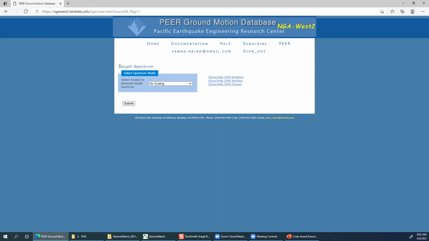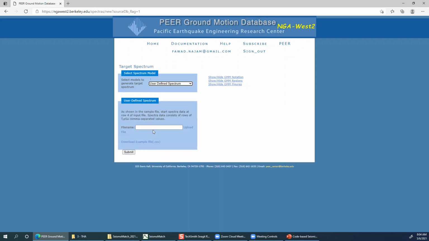So the very first step is the target spectrum, as I have shown in the slides also. You can see no scaling, PEER spectrum, ASCE code spectrum, and in between them is the user spectrum. If you go for user spectrum, it will ask you to upload a file. You can download an example file here, which can be opened in Excel as a .csv file.